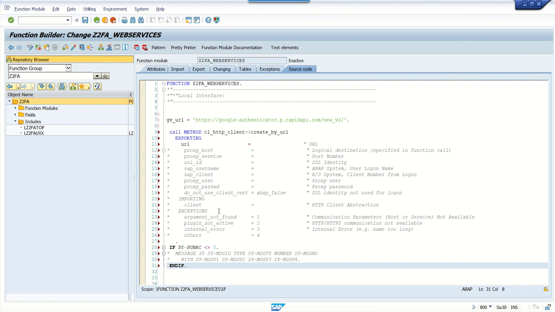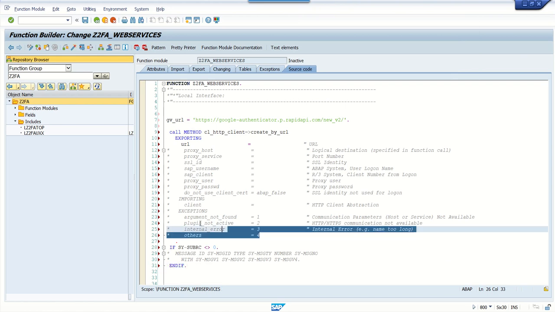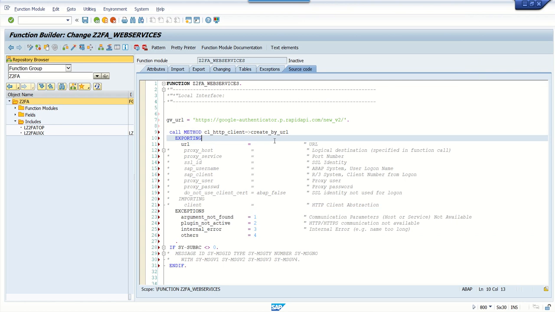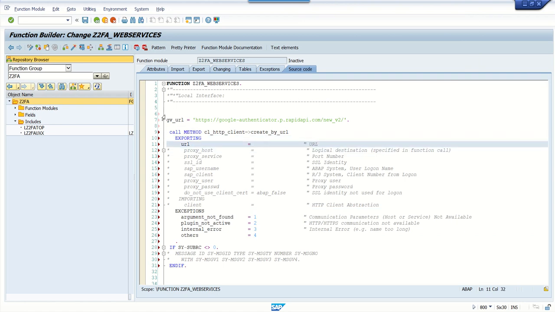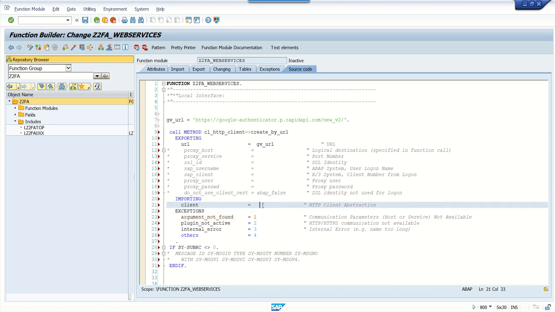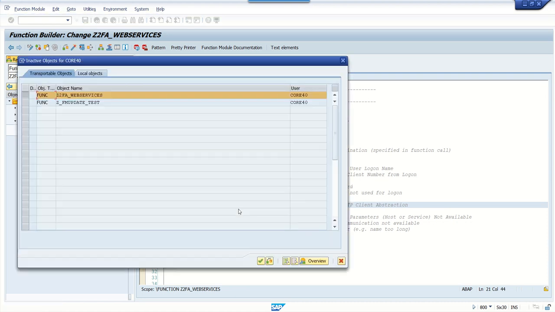Okay, so we'll enter only required parameters. Very first step, open all the exceptions. In the URL, we need to give our URL which we are passing here, so I will write here gv_url, and then in the importing, from the global variable, as we have defined http_client, pass that here, save, check, activate, no error